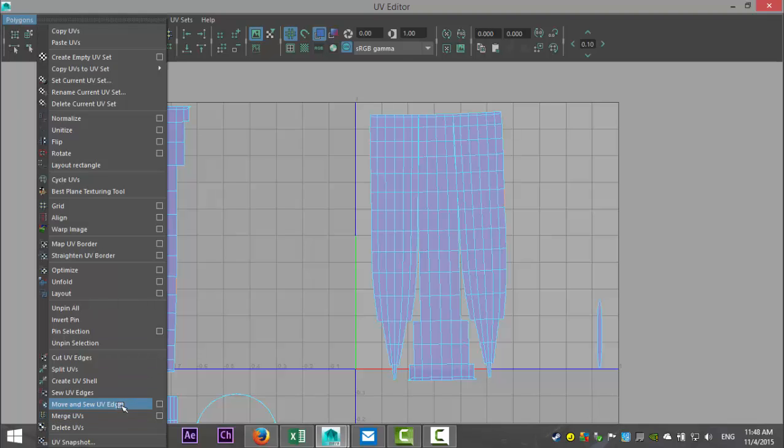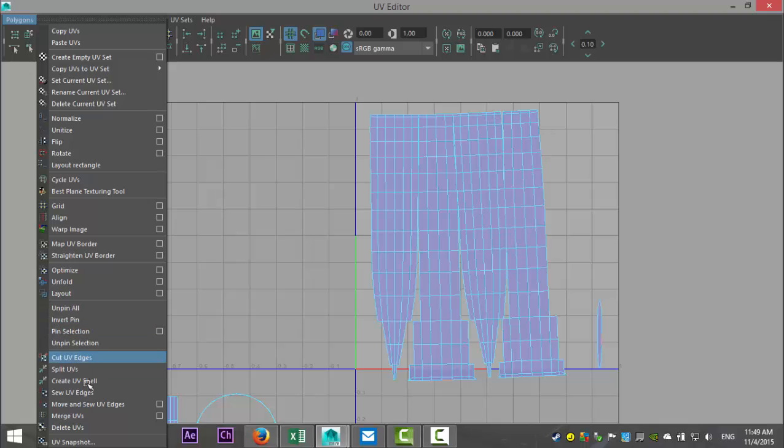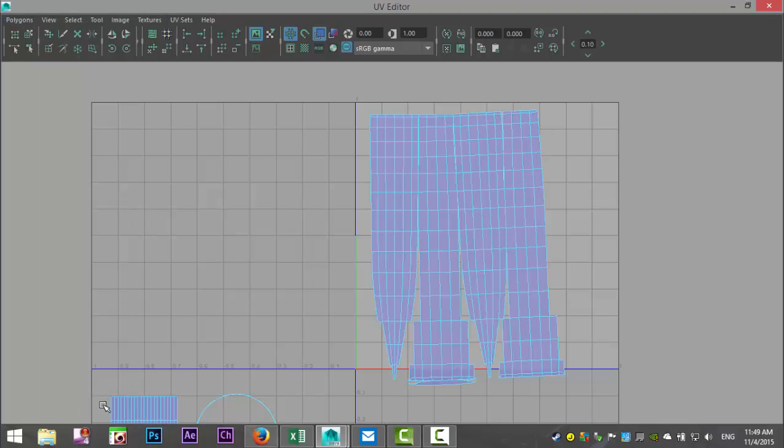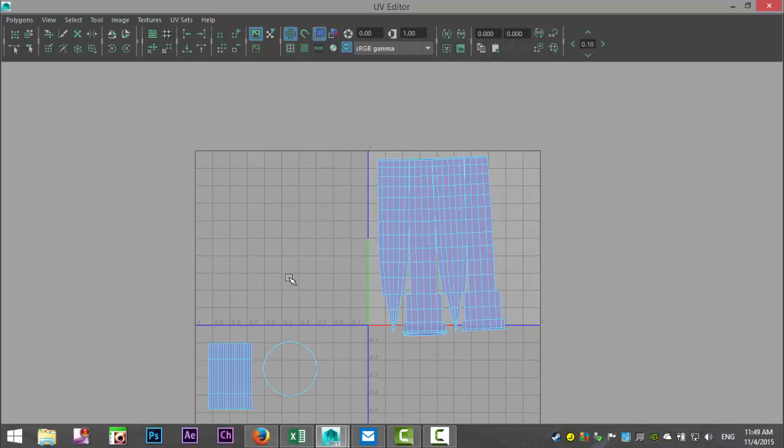Let's see if that flips over. It does. Okay, that's good. And then right here, move and sew. Okay, right click shell. There we go.